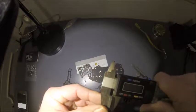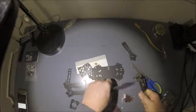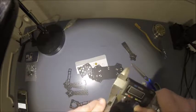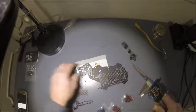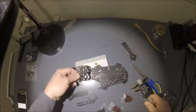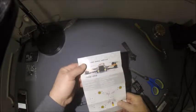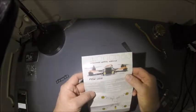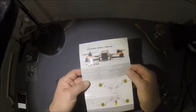so you can see that, but it's 4 millimeters thick. Top plate 2 millimeters thick, and side plates. Just a little manual on it showing the layout,